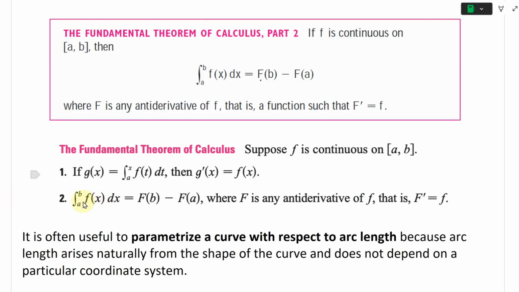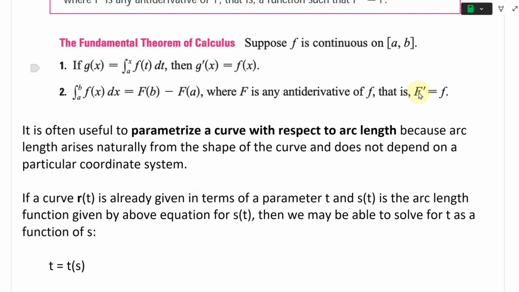And then the second part: the integral from a to b of f(x) dx equals F(b) minus F(a), where F is any antiderivative of f, that is, the derivative of capital F is equal to f. So that's pretty epic. So it is often useful to parameterize a curve with respect to arc length, because arc